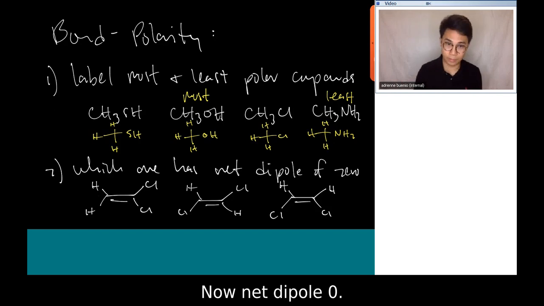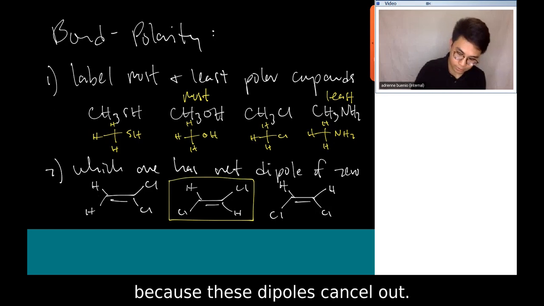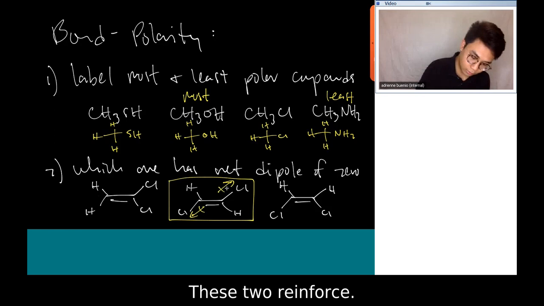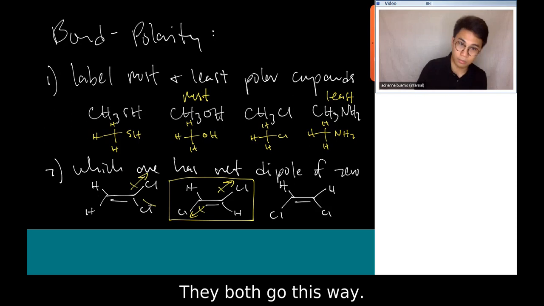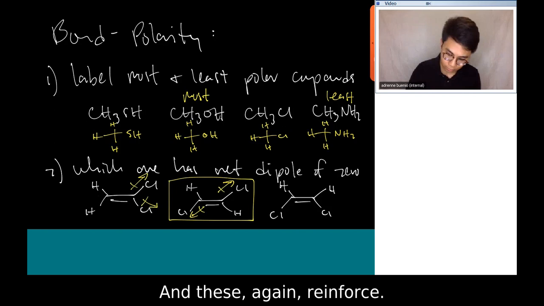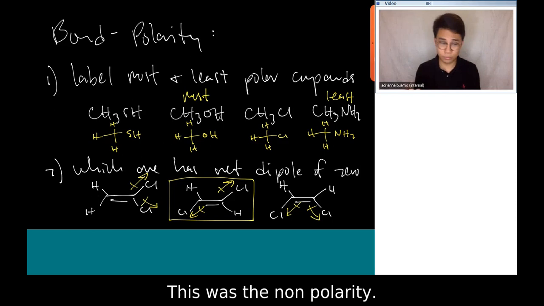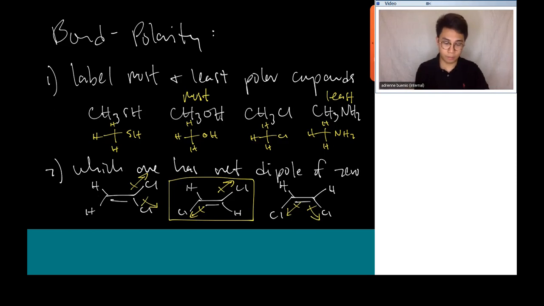Okay, now net dipole 0, you guys should have gone this one because these dipoles cancel out, right? These two reinforce, they both go this way. These cancel out completely. And these again reinforce, they both go down, right? So that's it. That's bond polarity. Okay, so